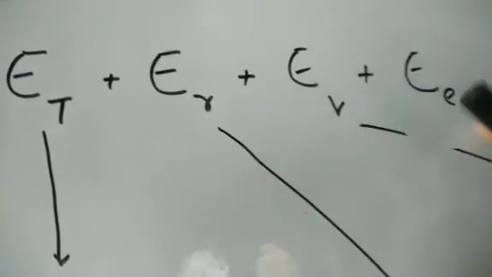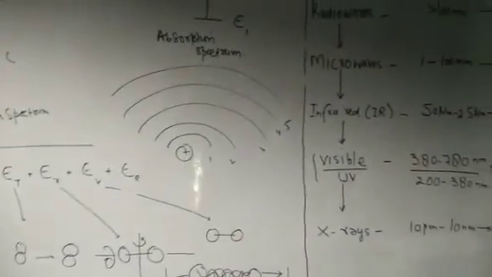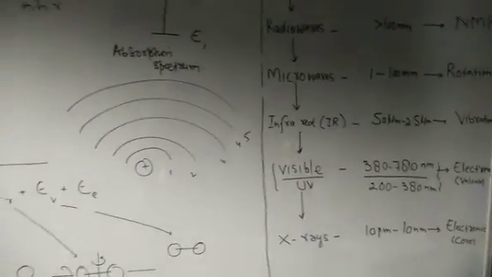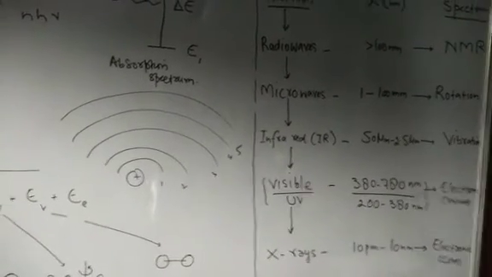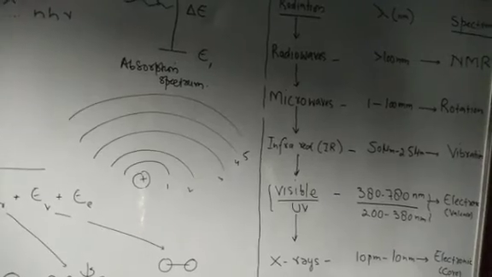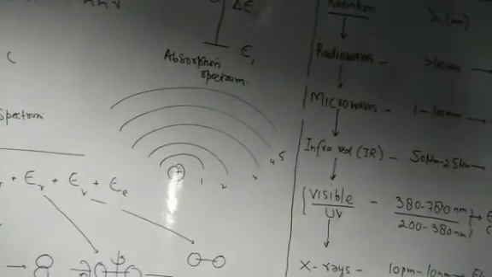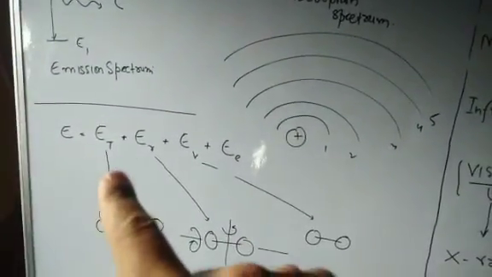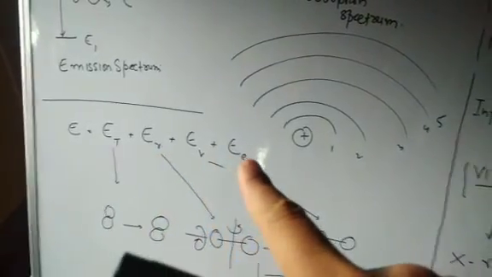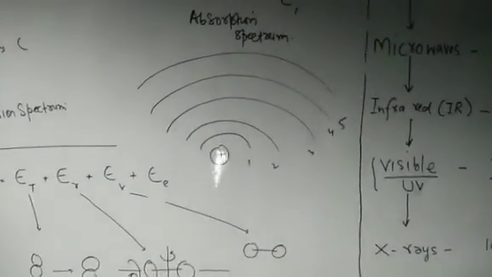And then electronic energy is the energy associated with the electrons. That is, the electronic energy is associated with the motion of electrons, while considering the nuclei of atoms to be fixed because they are very, very heavy. So it is just the motion of electrons in different orbitals and energy levels. As we have mentioned, this energy E, equal to translational plus rotational plus vibrational plus electronic, is quantized in a molecule.